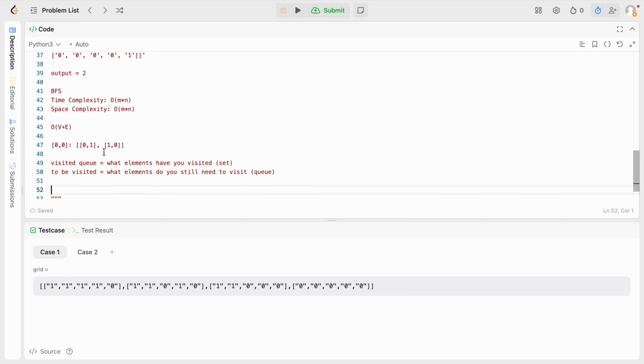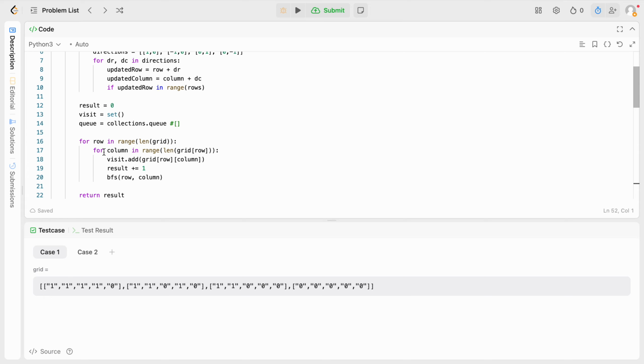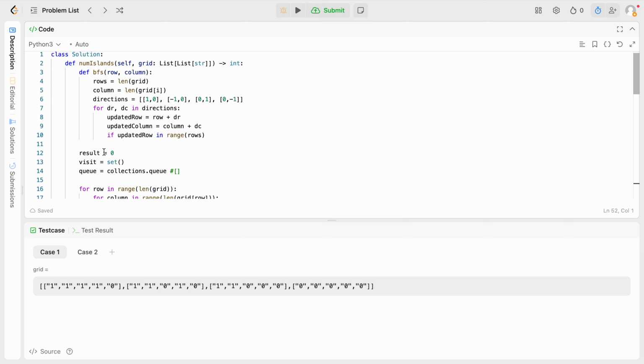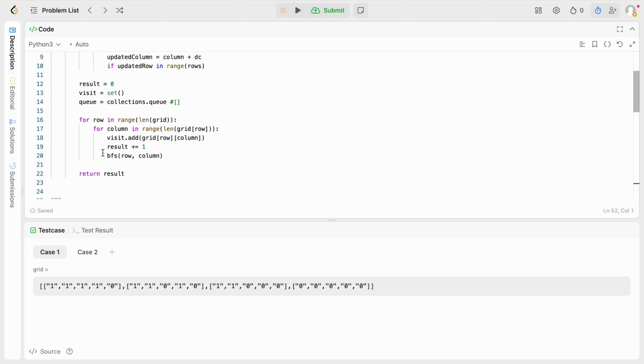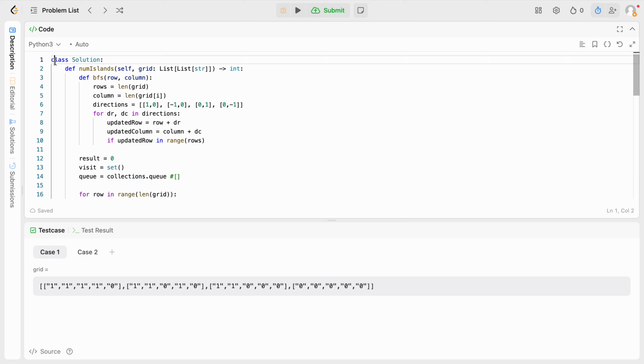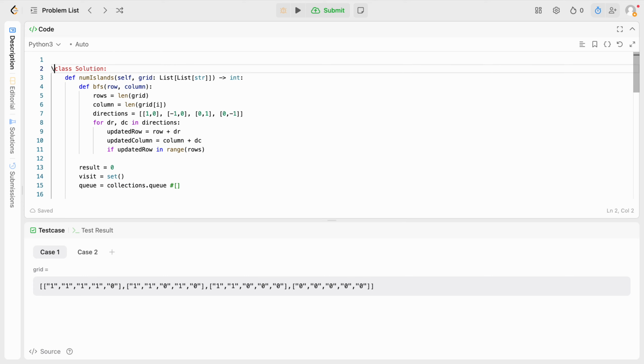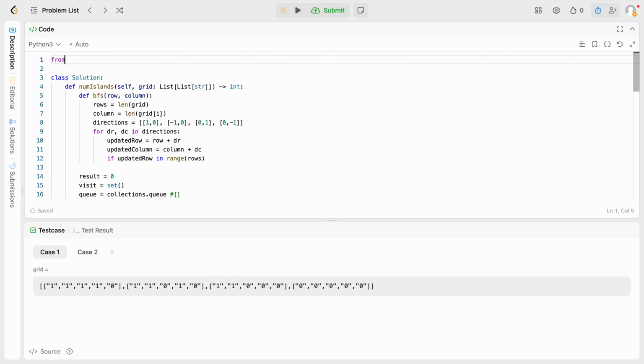A queue to be visited. And then, yeah, I guess I just went straight into the code, trying to understand what was going on. One thing I also struggle with is the import statements. Let me actually try practicing with this too. So I think it's from and then import. So from collections, import queue,